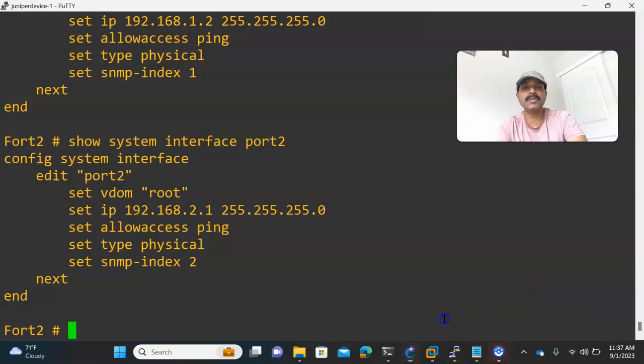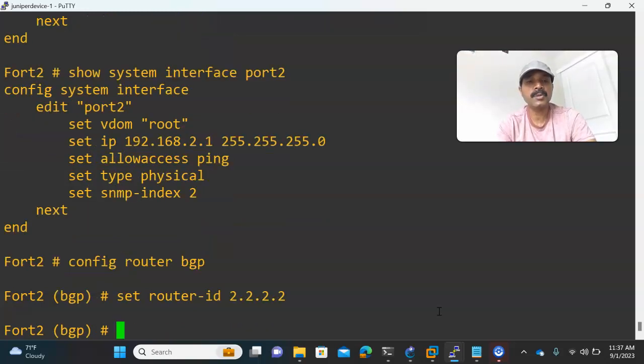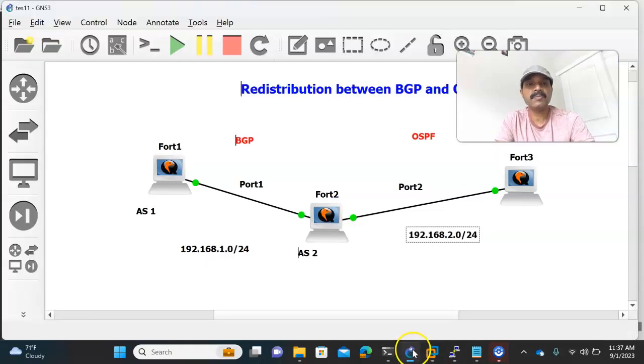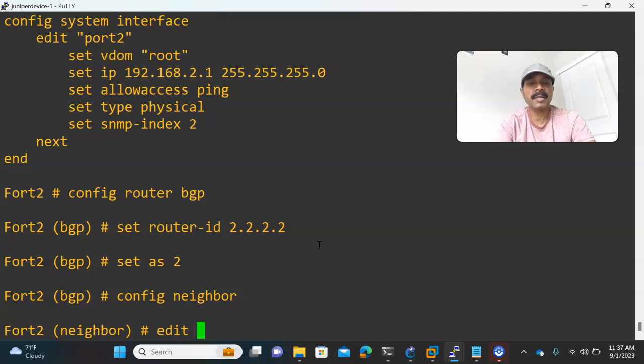Okay, so let us go to firewall 2. The command is config router bgp, set the router ID as 2.2.2.2, and set the local autonomous system number as 2. So from firewall 2, this AS is 2. Then we have to define the neighbor. So config neighbor, add the neighbor statement as